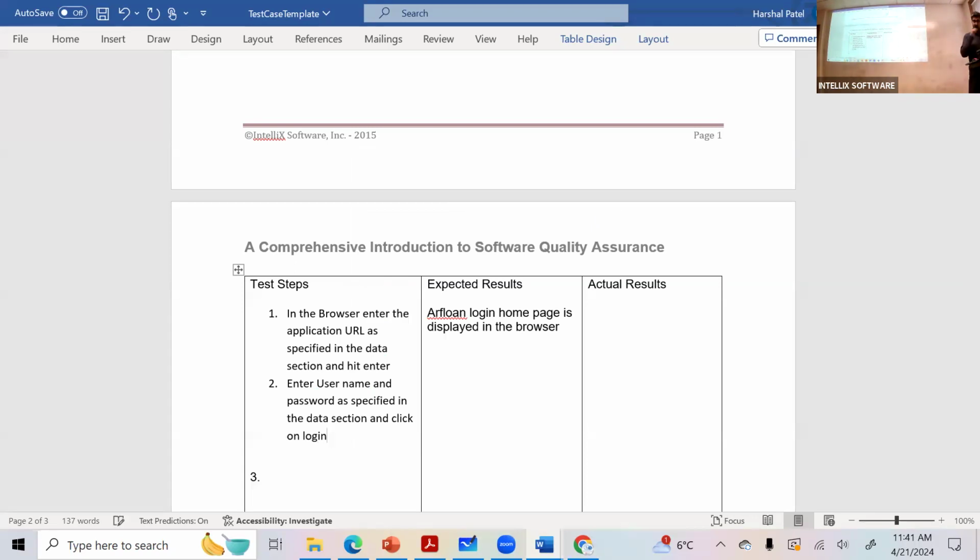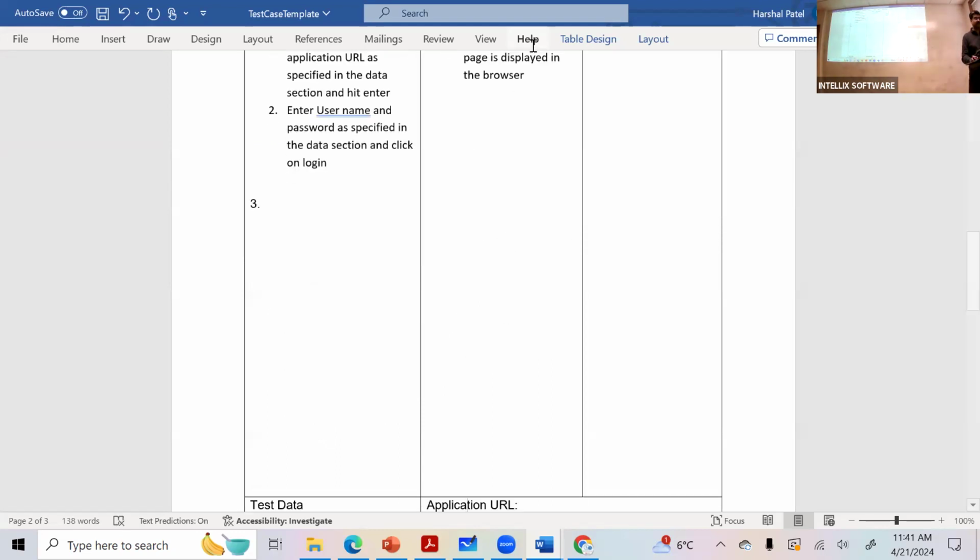So I'm going to click on login. Then at that point, what should happen? Application should get opened.